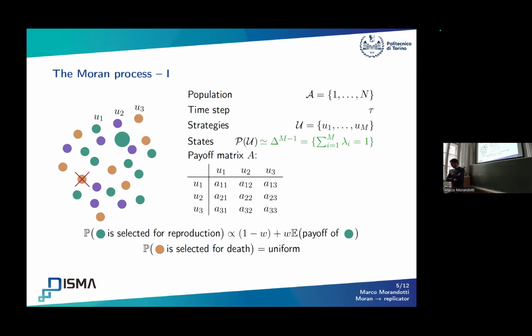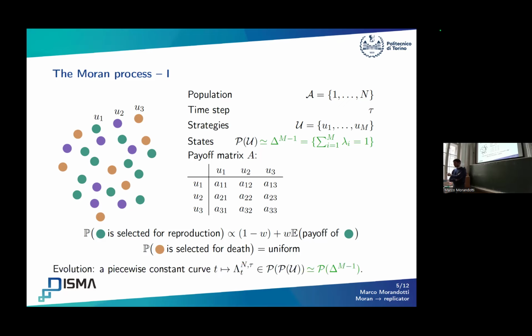Then I uniformly select an agent whose strategy needs to be suppressed. That may be a little bit too harsh, but that's so that the yellow or orange one will become green when the game has ended. And so this is called a birth-death process, because first you select the agent that reproduces the strategy, and then you select uniformly the agent whose strategy